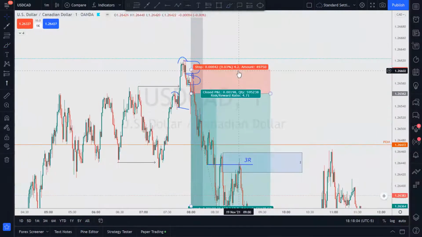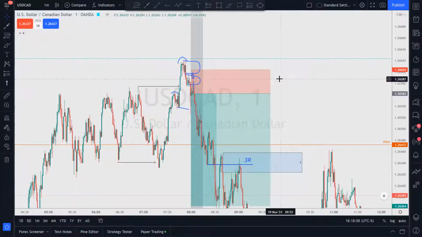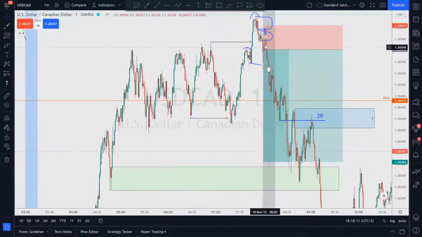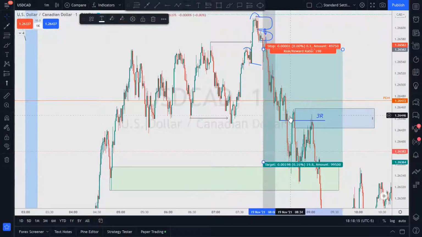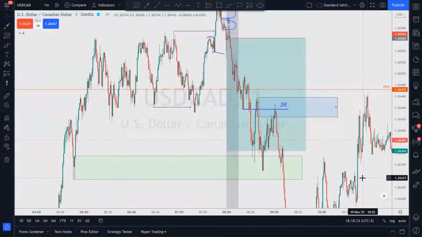Let's see what I got on this. Yeah, 4. I usually like it 4 and below, but that was fine, because once it started dropping, so did my stop loss. Especially I went to half stop loss at 2, and at 3R I went to full stop loss, protecting my winnings and everything. And I targeted what?